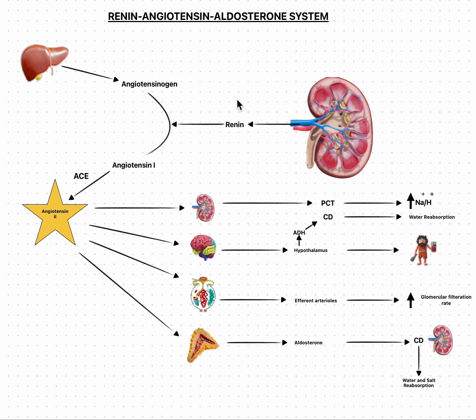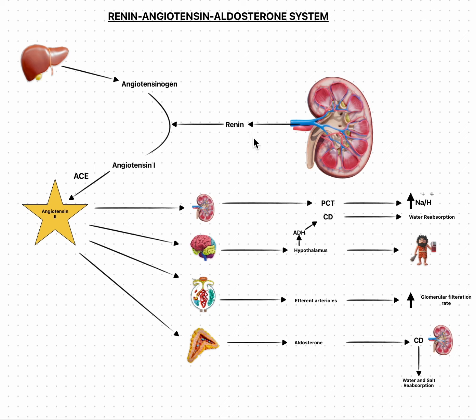Renin-angiotensin-aldosterone system. It is one of the powerful systems which maintain arterial pressure in our body. So when the arterial pressure is low, the body activates compensatory systems to maintain arterial pressure. So one of those systems is the renin-angiotensin-aldosterone system. So what will happen is that when there is a fall in arterial blood pressure, the blood flow